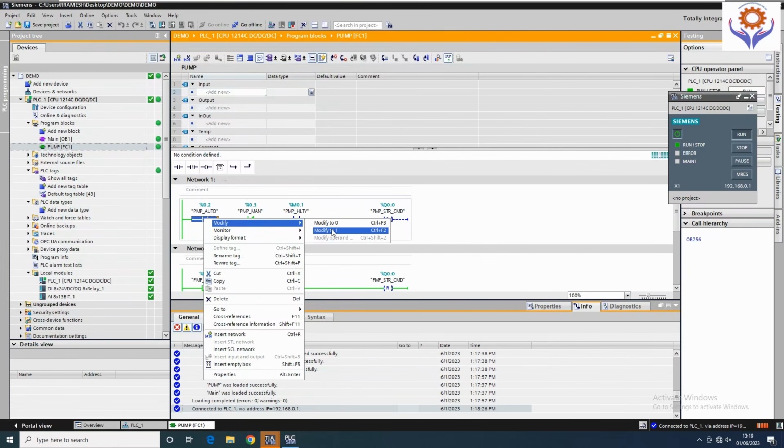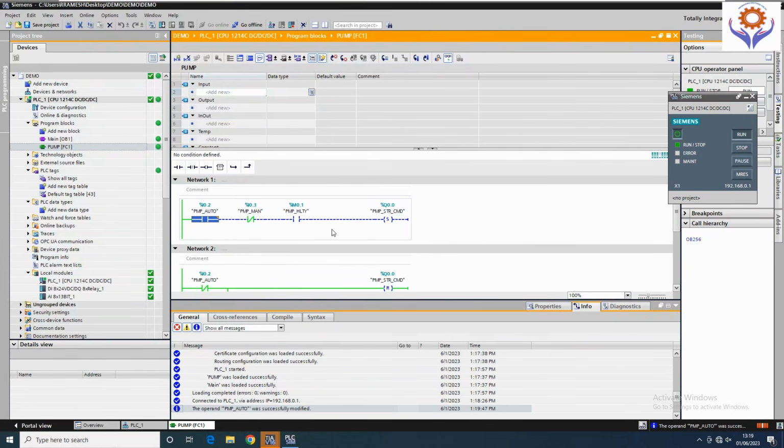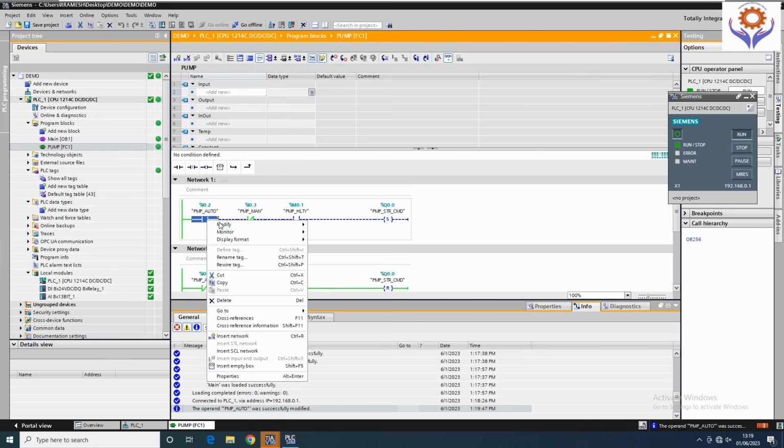You cannot do the command directly because this is a physical signal from the field. See, you cannot modify it, but if it is another address like a memory address, except the hardware address, for example